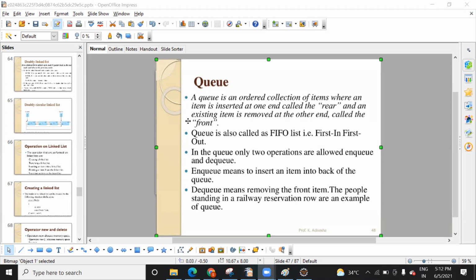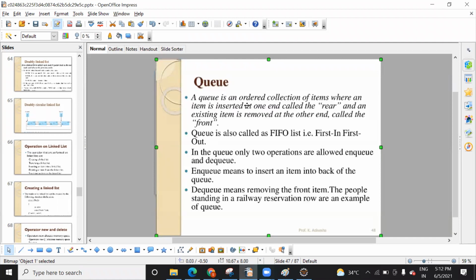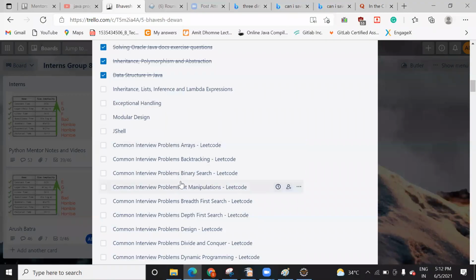I will share this slide with you today itself. Don't worry, I will share it. We will do programs based on the things we are doing, in LeetCode. That's what I told you about LeetCode. Array, binary search, these are all based on this. Whatever topic I explain is a basic one. A few of the topics won't be added in my slide, but while solving problems, I will explain them.